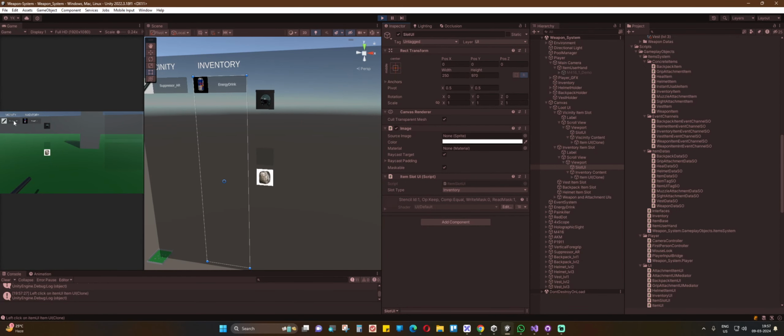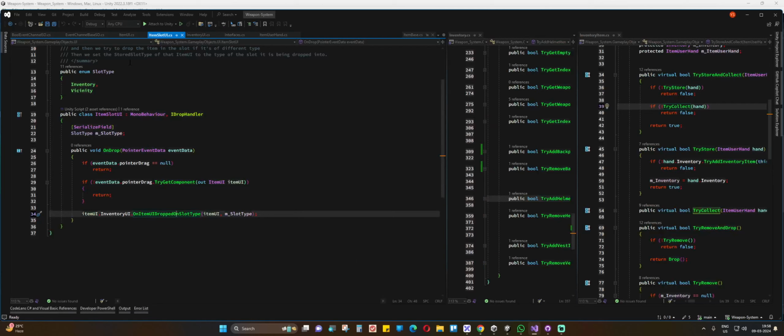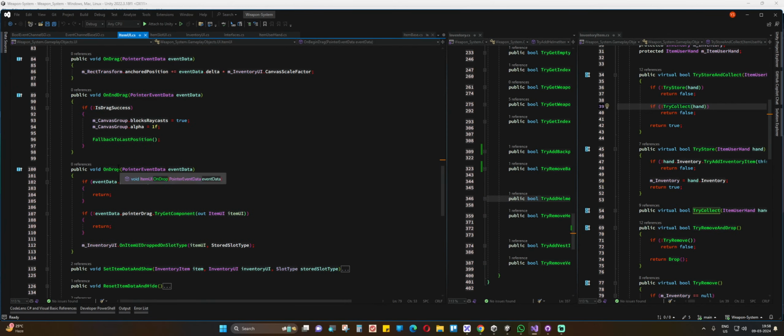So for example, when we pick this up and drop it in this slot, then the item slot UI will tell that something has dropped in me and it's an item UI. Or if we drop it above this item UI, then the item UI script will say, hey, another item UI has dropped on me. Let's see, here we go, on drop, and it's the same thing on item UI dropped